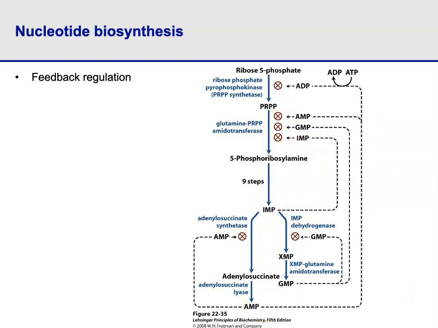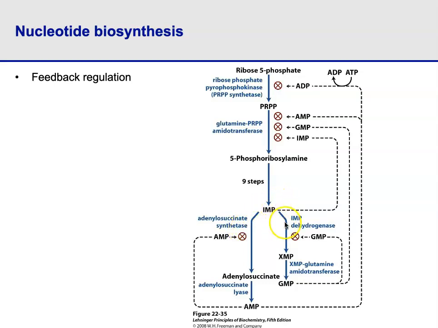You also see an example of stepwise regulation where GMP, for example, or AMP for that matter, can regulate, for lack of a better expression, the branching of IMP, deciding whether IMP is going to go